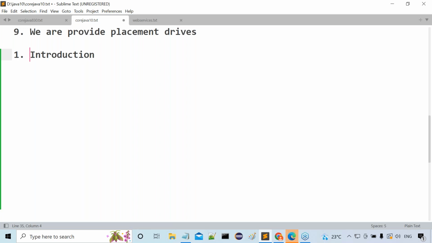What I'm going to discuss with you. First one is the introduction part, which we are going to understand. In the introduction, there might be four or five subtopics available. I'm not going to talk about the subtopics at present. I'm going to talk about the main concepts only. Right, sir. First one is introduction. We are going to discuss.